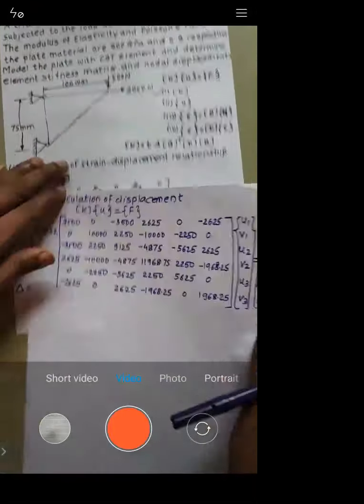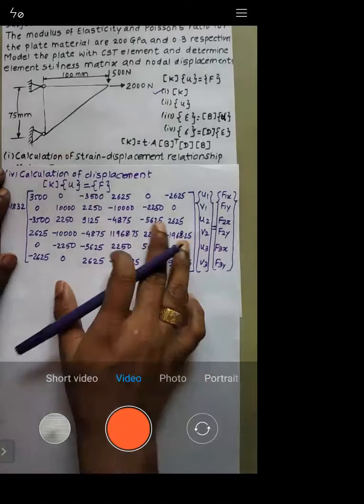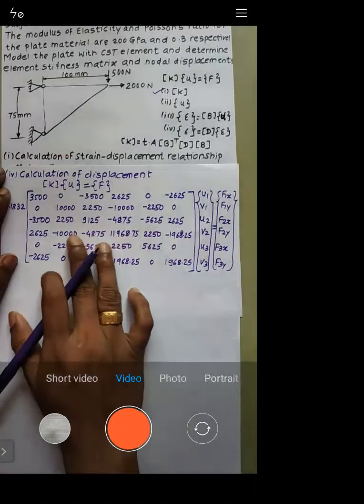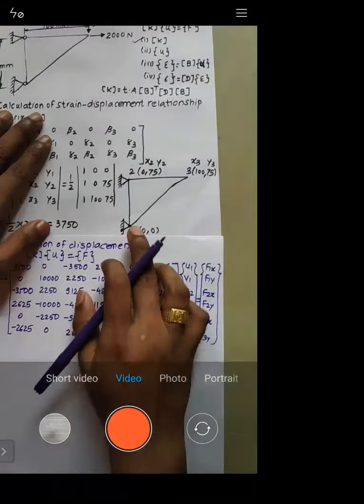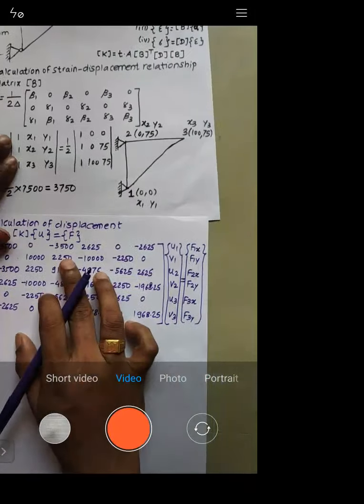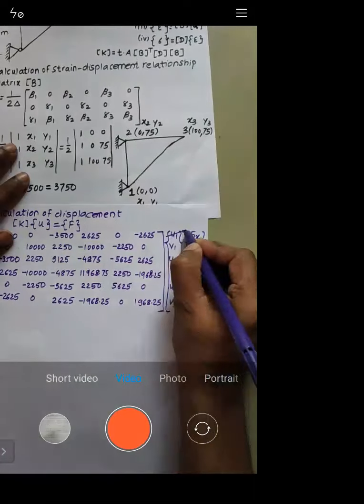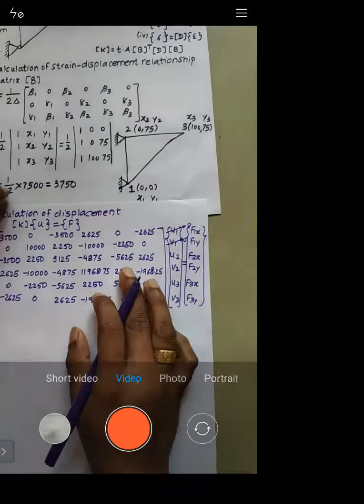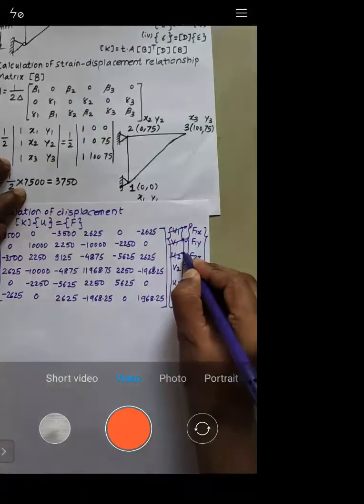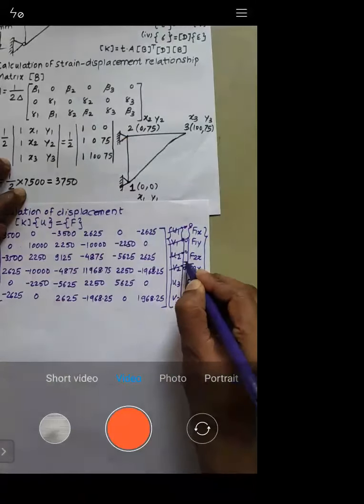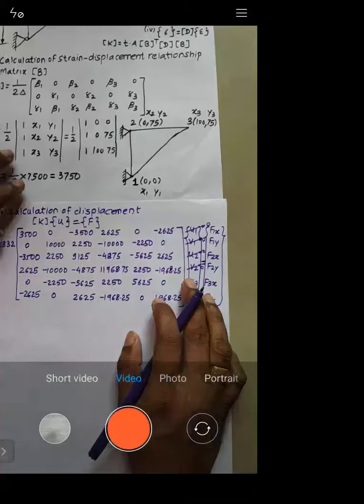Now just see, this is very simple. Now we have the element's global matrix equation, right? Just impose the boundary condition. Try to see. At node 1, the structure is fixed. So at node 1, the structure is fixed. That means U1 is 0, V1 is 0. Is it okay? Similarly, at node 2, the structure is fixed. So U2 is 0 and V2 is 0. Is it okay? Yes or no?